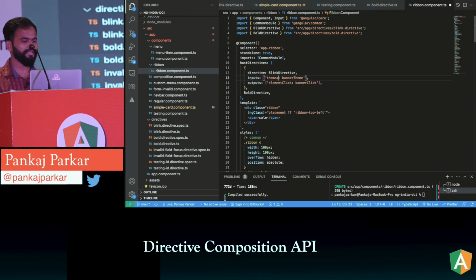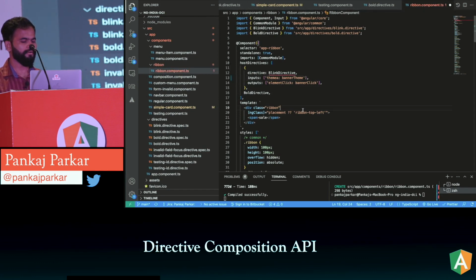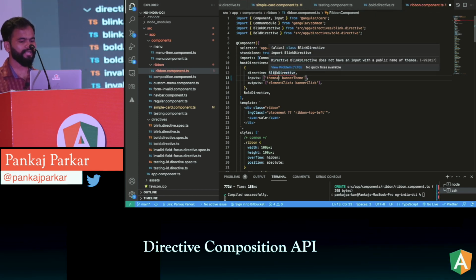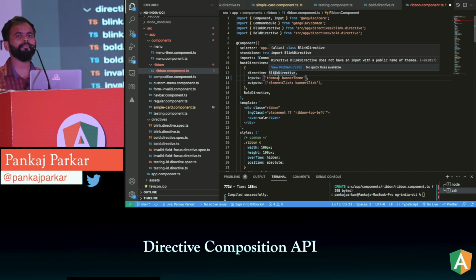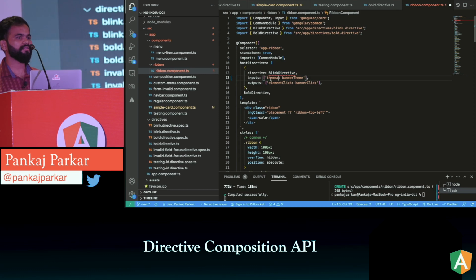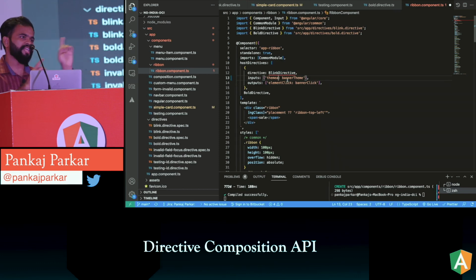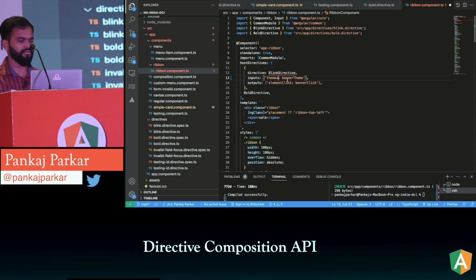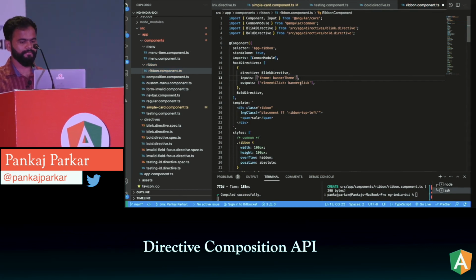Let me change something here. See, I just changed the input property name to A, and now it started complaining. It says there is no theme A property which is public. So even though it is a string, it's statically typed. It verifies what's there inside your class. Okay, so that's a good thing.